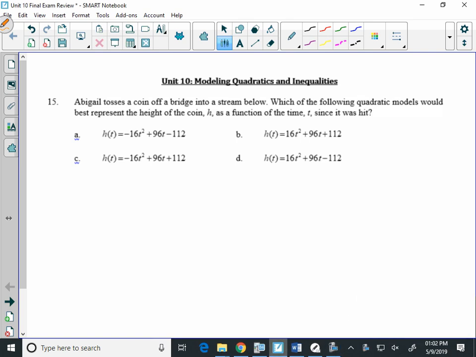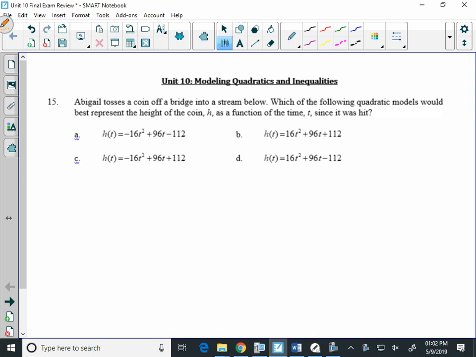Abigail, for number 15 in Unit 10. This is modeling quadratics and inequalities. But in number 15, it says Abigail tosses a coin off a bridge into a stream below. Which of the following quadratics models would best represent the height of the coin, h, as a function of time, t, since it was hit? So, kind of having a good picture of this scenario will give you an idea of maybe what